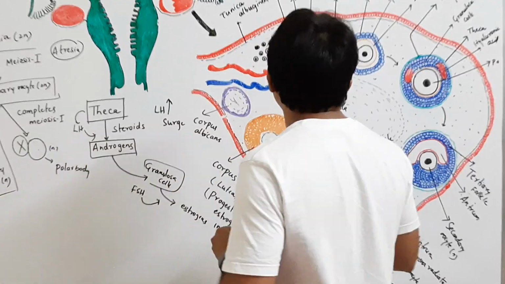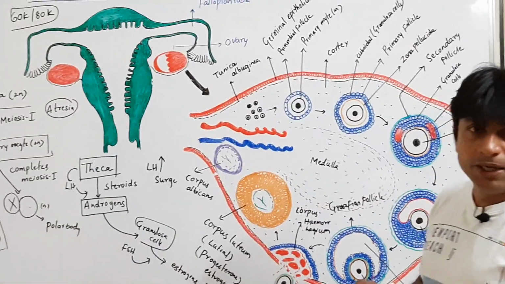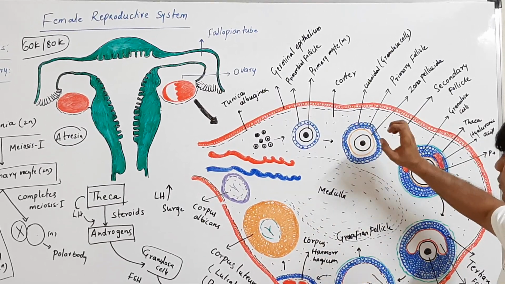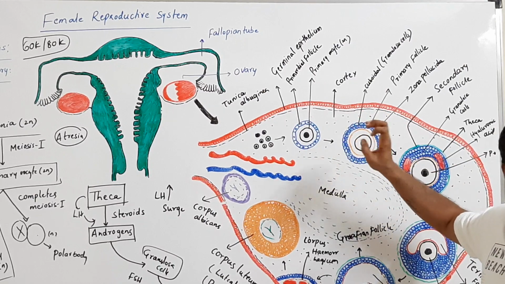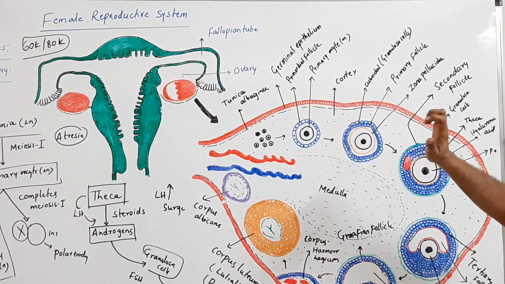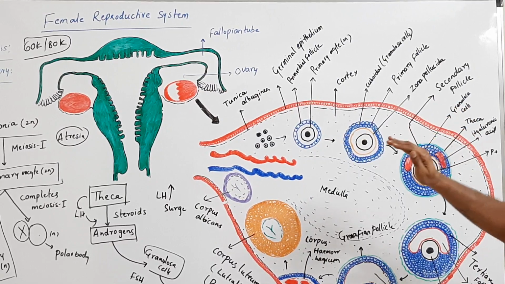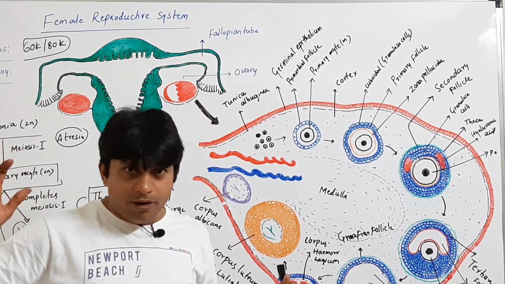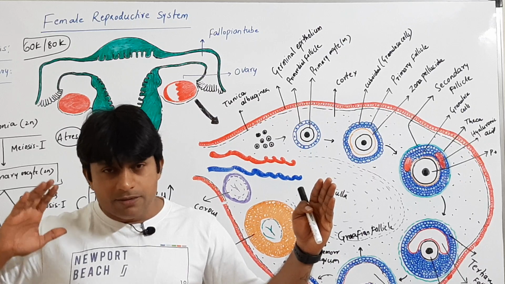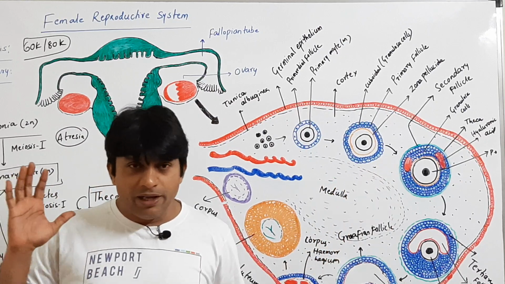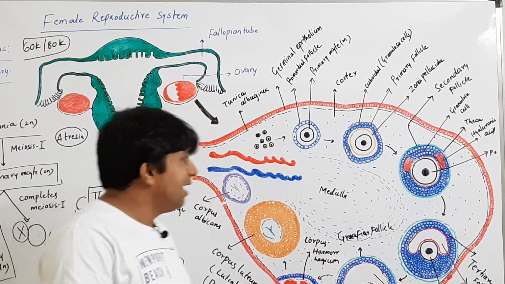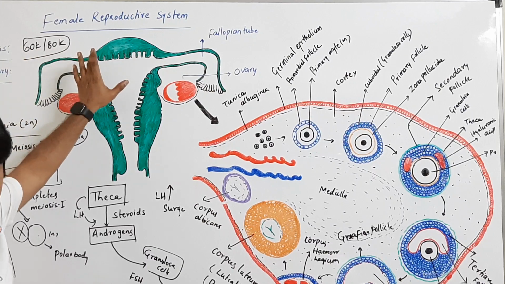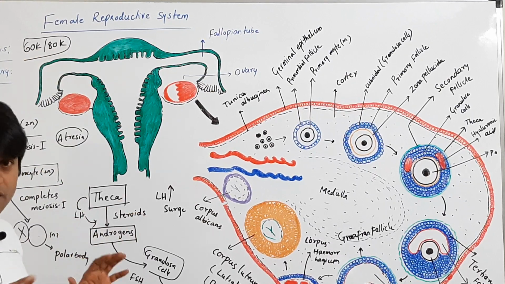Initially the follicle is called the primordial follicle, with only a single layer of flat cells, and this primordial follicle becomes the primary follicle. The number of primary follicles is fixed. In the very earlier stages of development the primary follicle number is very high, maybe 3 lakhs or 4 lakhs. Later on, between birth and puberty, the number of primary follicles keeps decreasing, and after reaching puberty the number of follicles in each ovary will be 60,000 to 80,000. These are the only follicles that remain in the ovary. Further there is no development of new follicles.